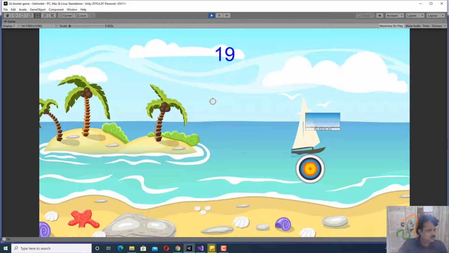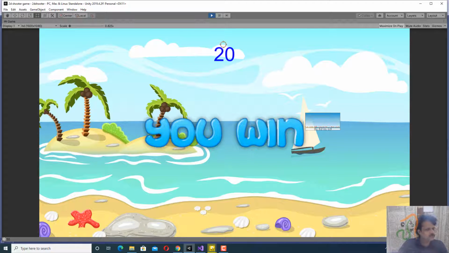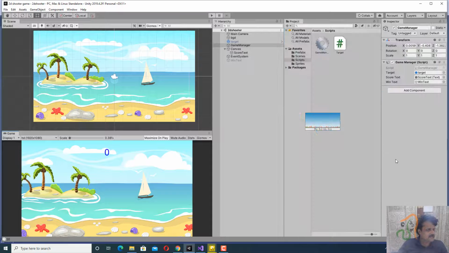As soon as it reaches 20, you can see now You Win appearing, and also the spawning of the target has stopped. So whatever we wanted to do in this game, we have finally achieved it. Now stop the game playback.